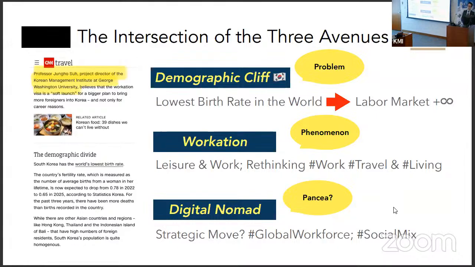So it will be directly impacting the labor market, and South Korea is observing in real time, especially in higher education, related to this issue,